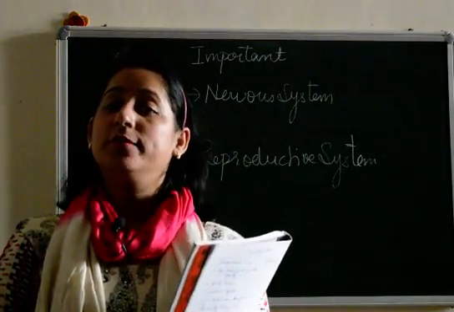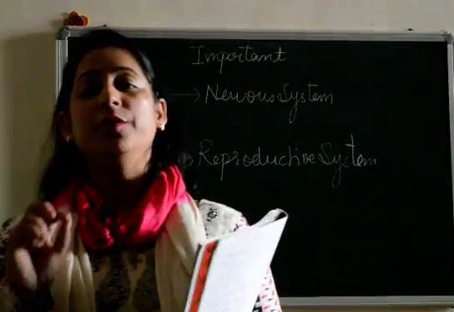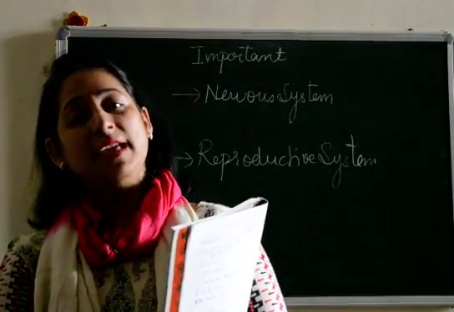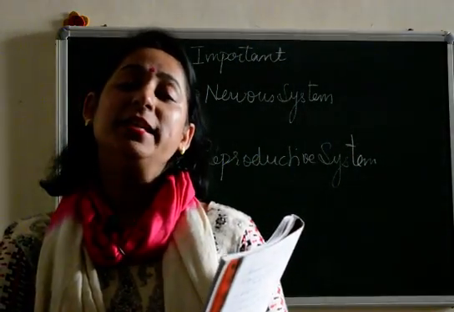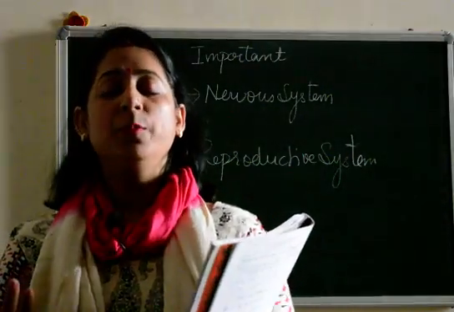Now starting with the nervous system. In the chapter nervous system there are two diagrams, that is the structure of a neuron and the structure of a reflex arc. Both the diagrams are very important from the drawing point of view. Actually these diagrams come for drawing, and you must have seen, if you go through the previous board